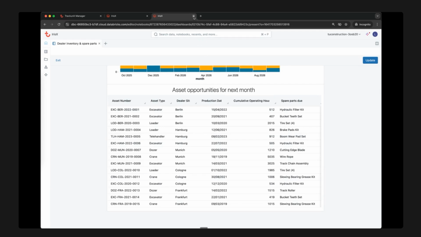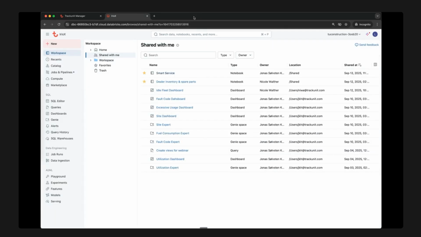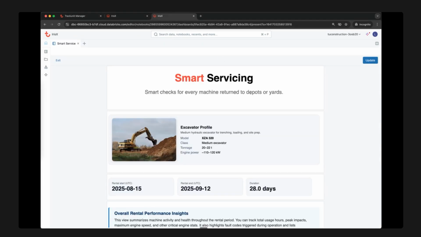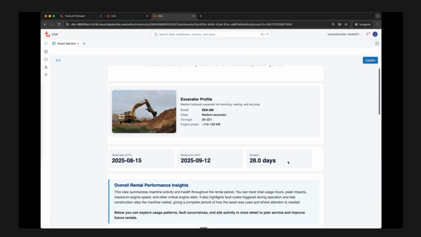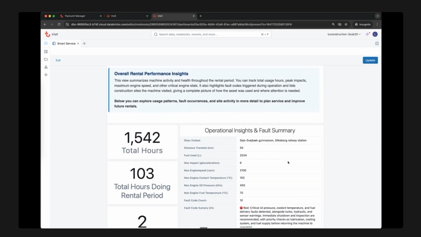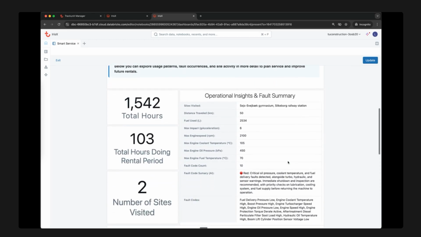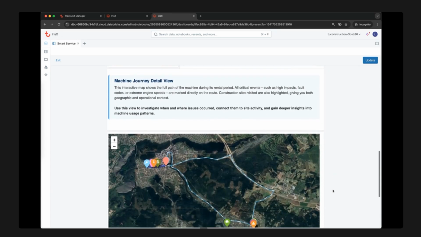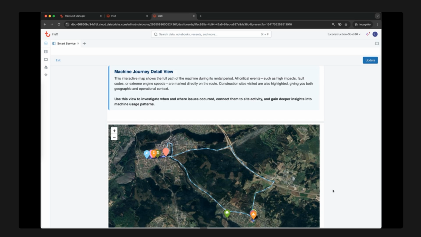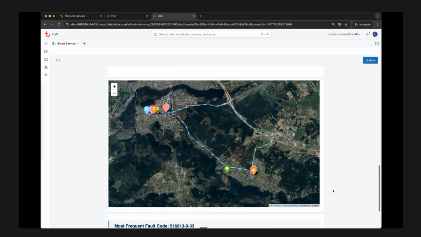Let's check out smart servicing as well. So what is smart servicing about? The moment a machine is returned to your depot, you can automatically generate a report about the machinery and how it has been used from the time it left the depot to when it came back. This immediately tells you if any maintenance is due or if the machine has experienced impacts or stress during the operation requiring a more detailed inspection. You can also see how and where the machine was used on the map,